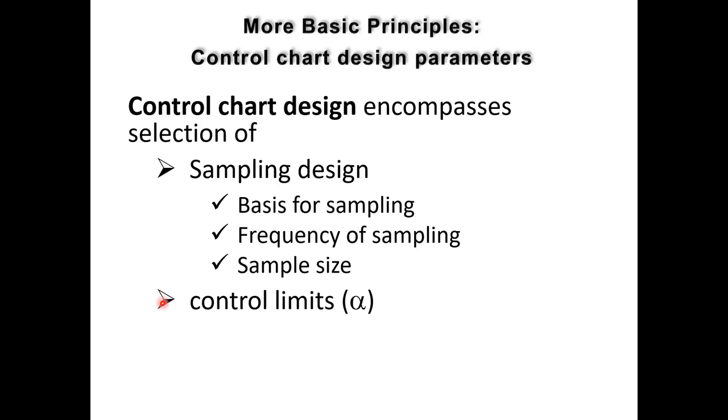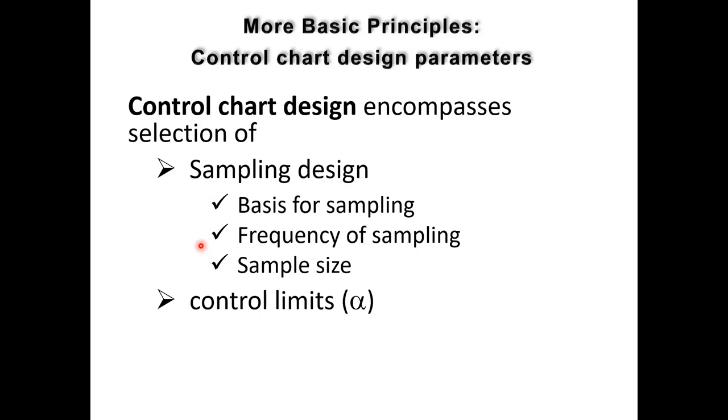So under sampling design, normally you will use systematic random sampling as the basis of sampling, the frequency of sampling, and also the sample size. So these are the three major things that you have to decide